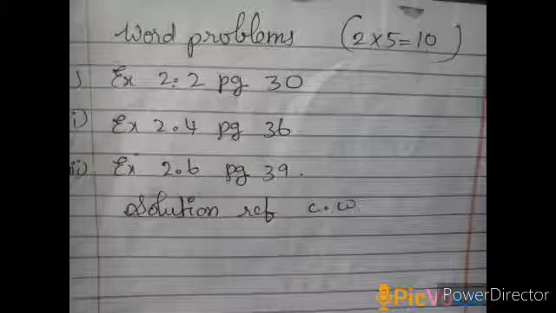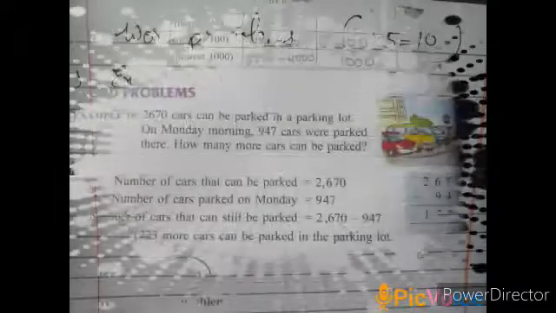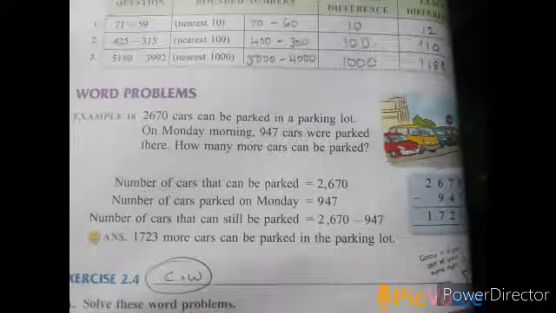Whenever we are going to attempt the word problems, keep 3 things in your mind children. First thing is read the question thoroughly. Second thing is frame the sentence and find out which operation we are going to do, either addition or subtraction. And finally you have to do the solution for the questions. Let me explain one more example for you. Word problems you have to go through in the CW children. Only one sum I will give a revision to you.